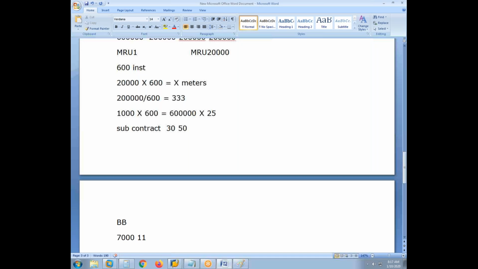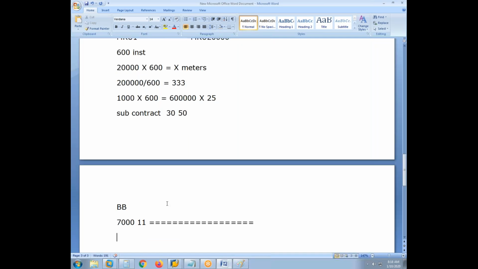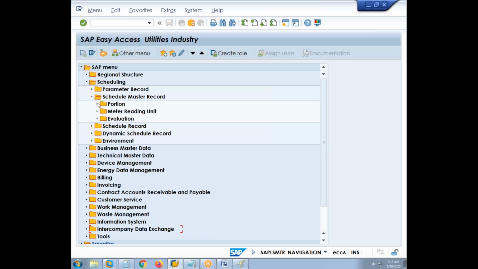So you can have better funds flow management for the utility company, and for the consumer, everything is fixed. They don't have to think how much amount will come this month or where I have to go and make the payment. It's already taken care of. We will see budget billing in the future. So this is a basic criteria in terms of understanding the portion and meter reading unit rate. Now, to understand how to create a portion, we'll go to create a portion,